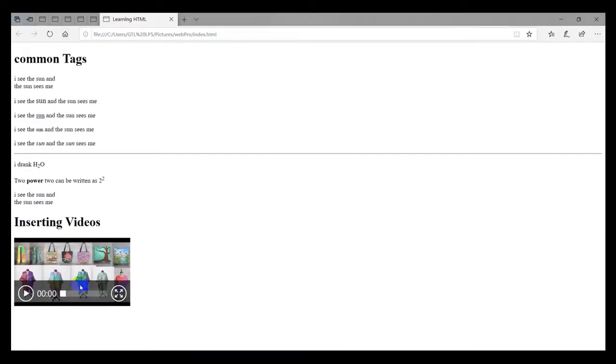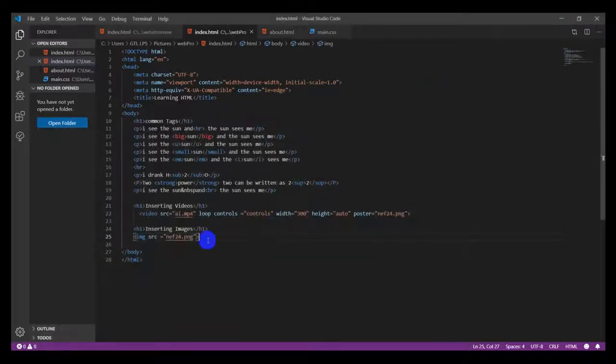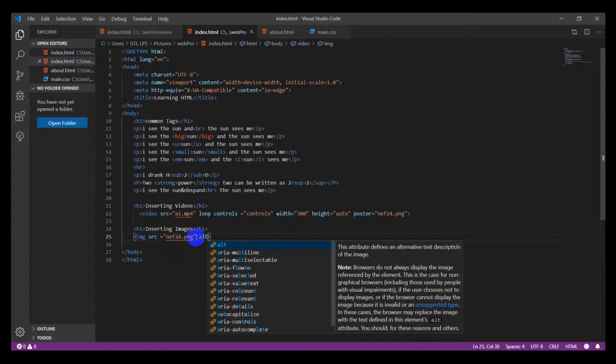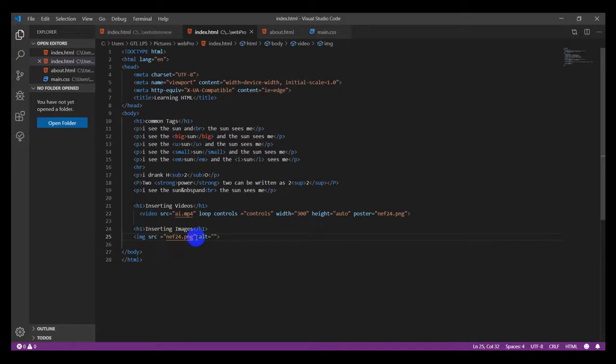Okay, so there's a mistake. It has actually used the poster. So the poster attribute of our video is what it's using. Let's try something. I'll work that out. But let's say we want to give an alt text. So alt is for screen readers. So let's say